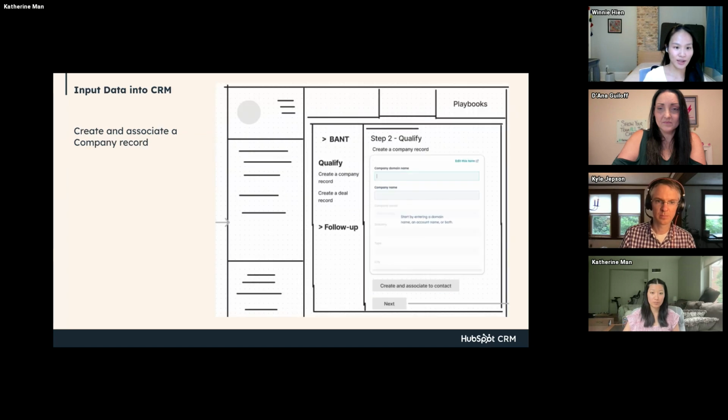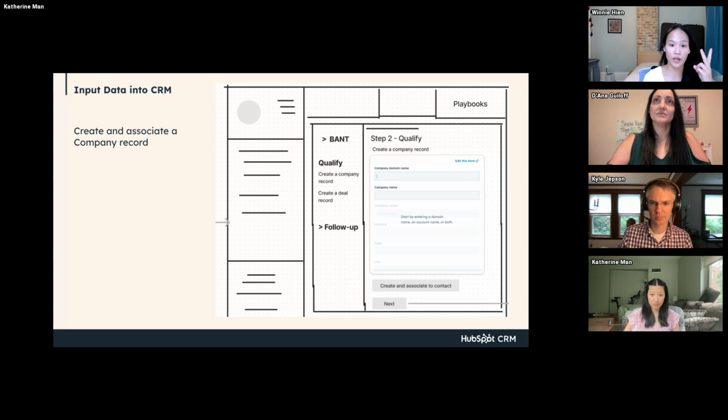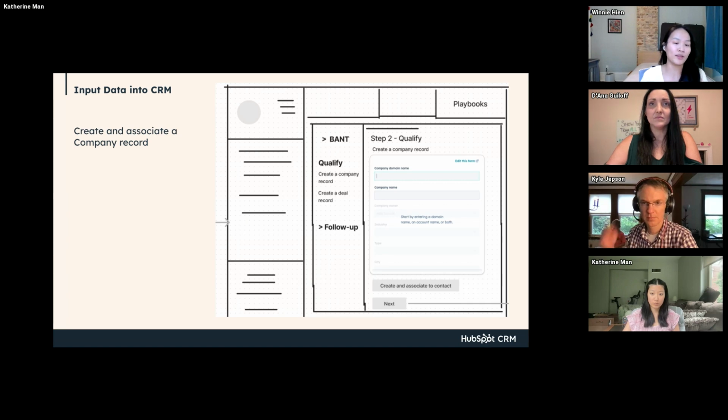All right, next up. For this part here, what I've seen is that in lead qualification, especially in a B2B business, you end up updating or creating 3 different types of records. The contact record gets updated, you create a company record, and you create a deal record. That can be a lot of different clicks to create those records. So creating them and associating them directly from the screen, the goal is that you might save some time for your reps in having to navigate through everything. And then next,